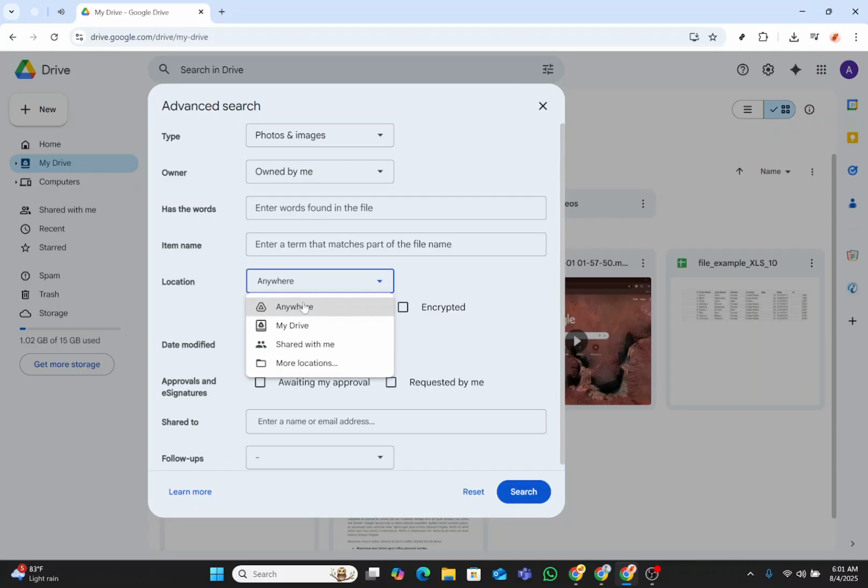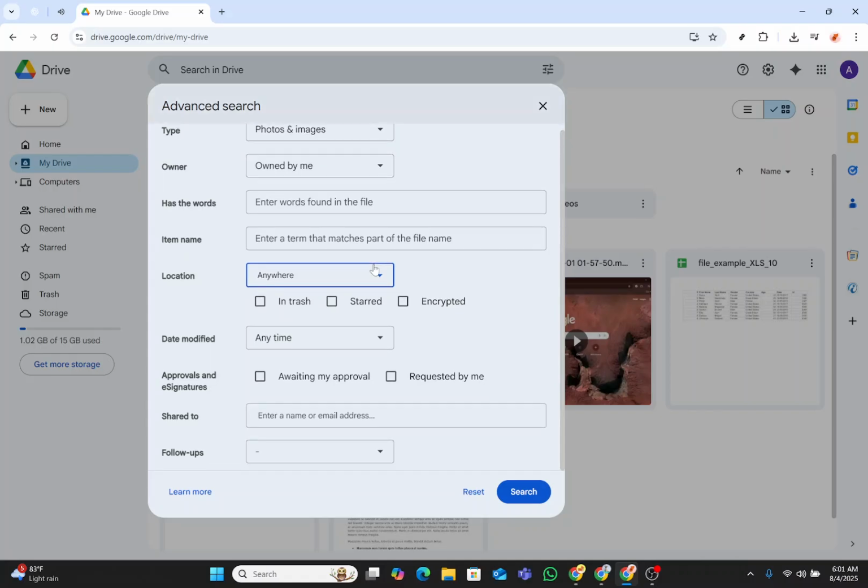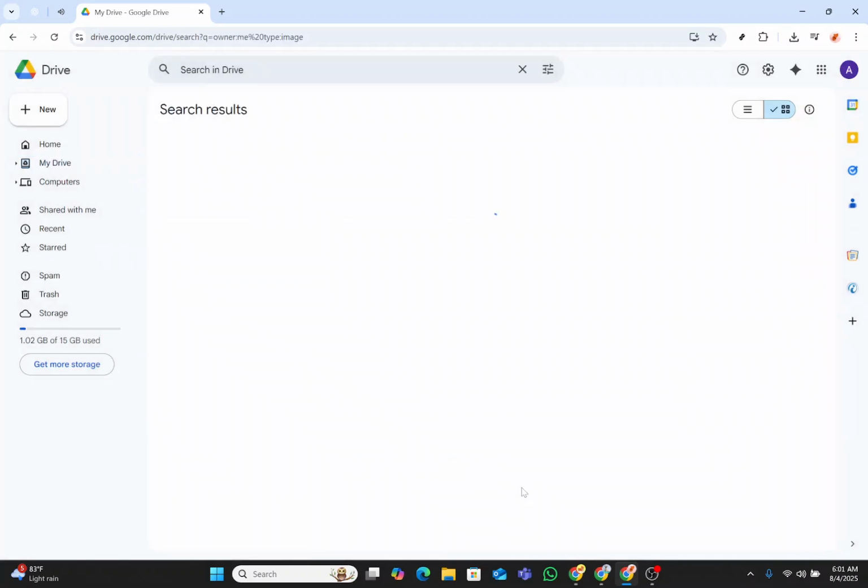The Shared To field lets you find files shared with specific individuals. It's especially useful if you're trying to locate a file that was shared among a certain group of people. Type in the email of the person with whom the file was shared, or leave it blank if that information is unavailable. Finally, once you've filled out as much of the filtering criteria as you can, press the Search button,